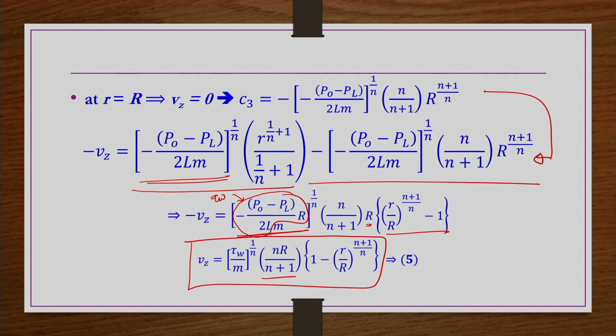For shear thinning fluid, if you substitute n less than 1, whatever the n value is, then you get the velocity profile for shear thinning fluids flowing through circular tubes or pipes. For shear thickening fluids, if you substitute n greater than 1, then you get the velocity profile for that fluid flowing through a pipe. So, you can calculate from this one. You can use this equation either in terms of minus delta p by L, or you can use the tau w terms as well.